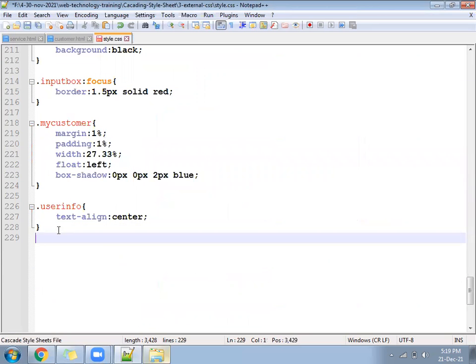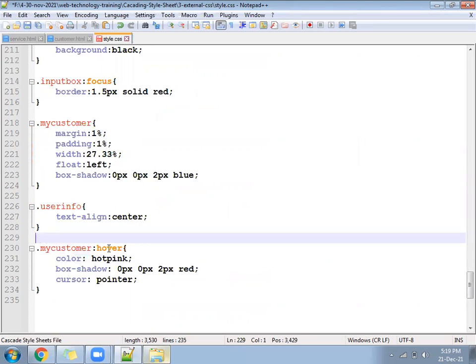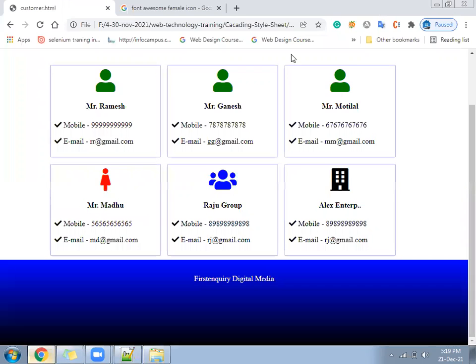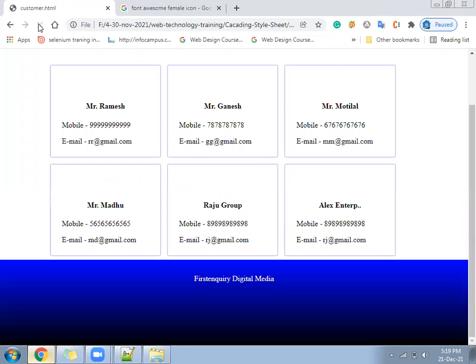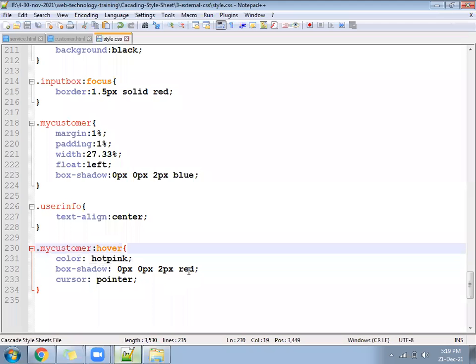Okay. So here, one person has sent color pink, box shadow red, and cursor pointer. Some part is okay, but that is for color and shadow. For the icon, shadow does not apply. For icon, you have to write separately. When we go here, everything is converting into pink color, that is no problem. Pink and then hot pink. Okay, yes, we can.